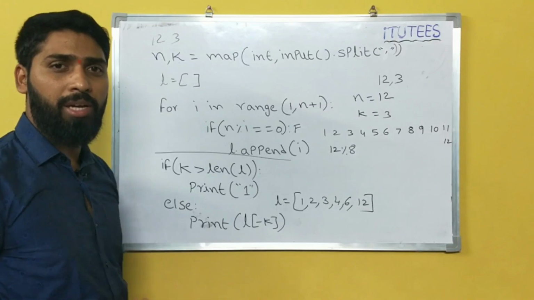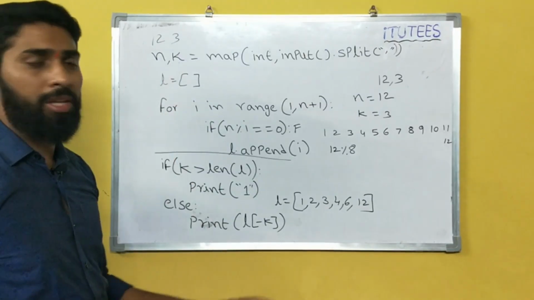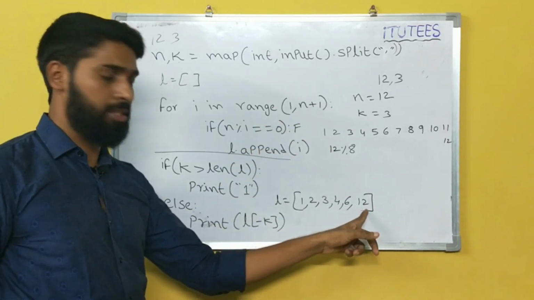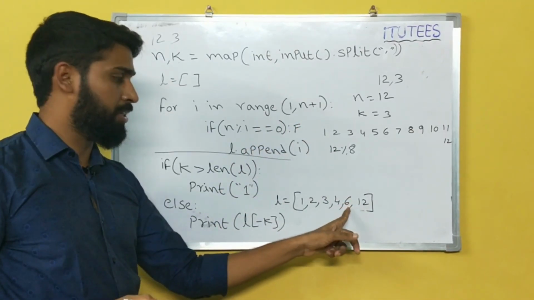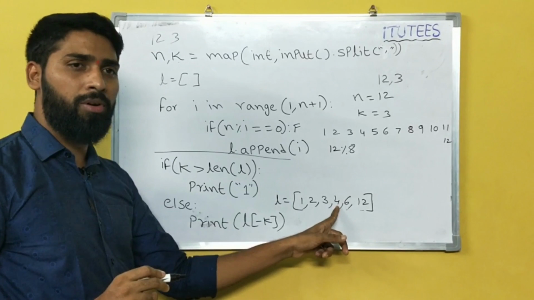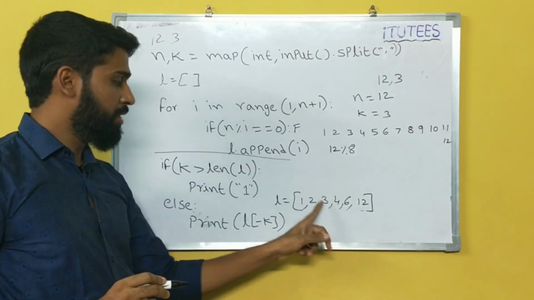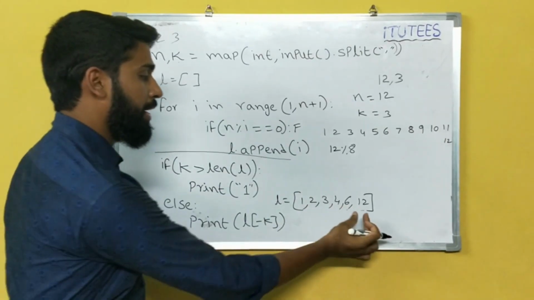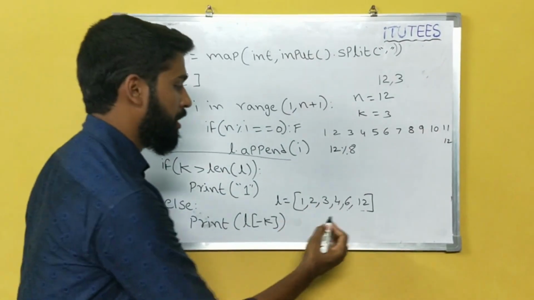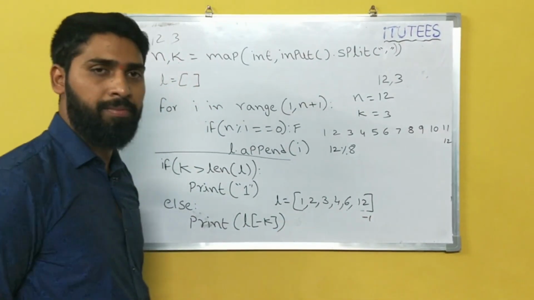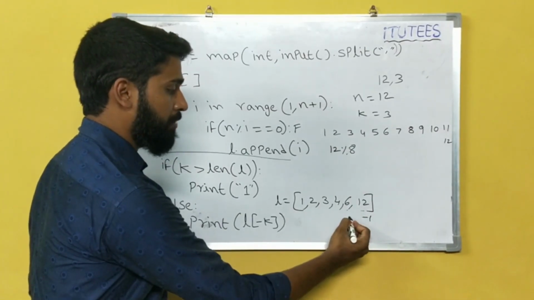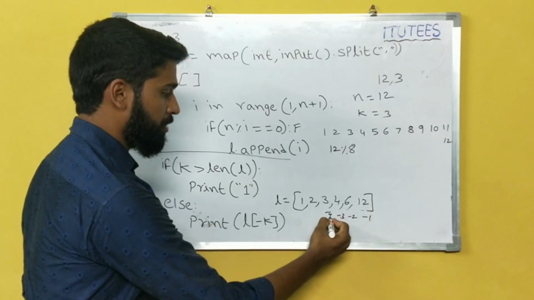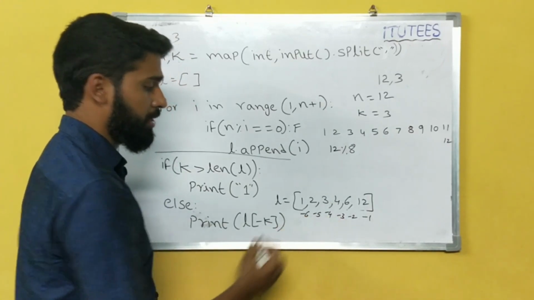Now we are going to find the kth largest factor of the number 12. What is the highest factor of 12? This one. What is the second highest? 6. What is the third highest? 4. Fourth highest? Fifth highest? And this is the sixth highest. How can we identify them? The last index is minus 1, from the last but one is minus 2, this one minus 3, minus 4, minus 5, minus 6.